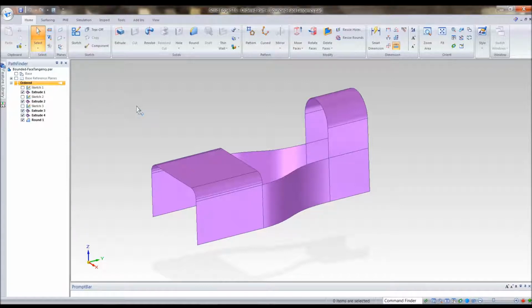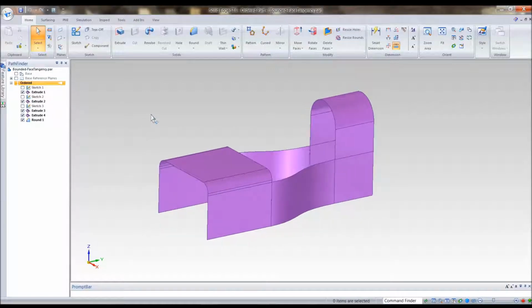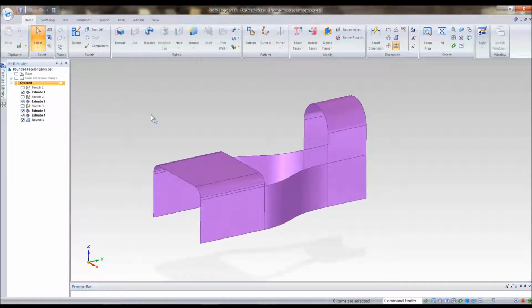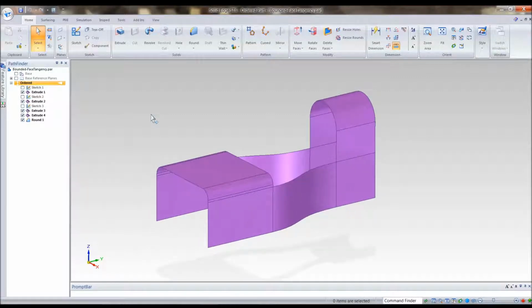Surfacing, I find in the user community, has limited use only because either people don't have a use for it or they don't understand it enough to utilize it as part of the solution package when they're modeling parts. I do see a lot of mold designers and tooling designers using surfacing to some degree, and that's great. But I think that a lot of folks perhaps just are mystified by surfacing and some of its capabilities and how it works. So not only am I going to try to convey all the new stuff in ST6, but I'm also going to try to give a few basics and some tools and tips to hopefully make your experience with surfacing a little bit